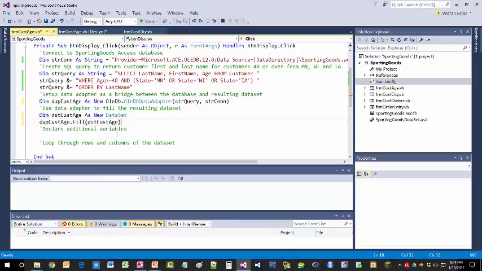But in addition to that, what we want to do is find the average age for those same customers. Although there is a quicker, essentially one-line way to attach the data set that we just filled with the last and first names for the customers 40 years or over from these states to that list box,